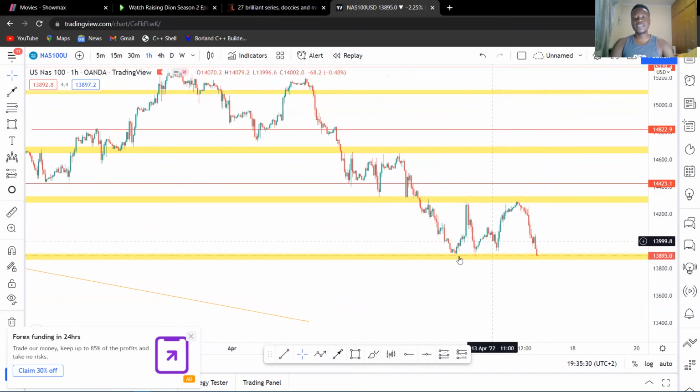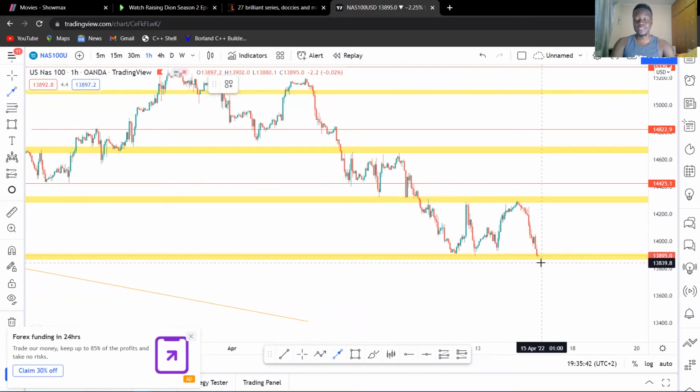So what's happening now? We are having a first touch, second touch, and right now we're around your third touch. So what we're going to see when the market opens, we want the market to create some kind of a rejection from this point, and then that's where we're going to take